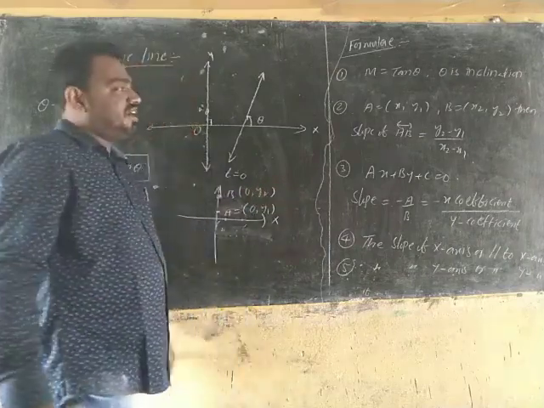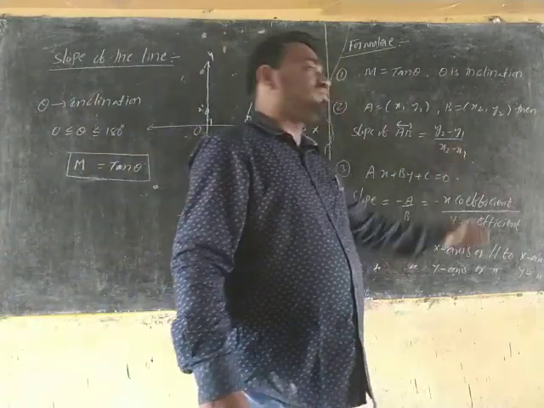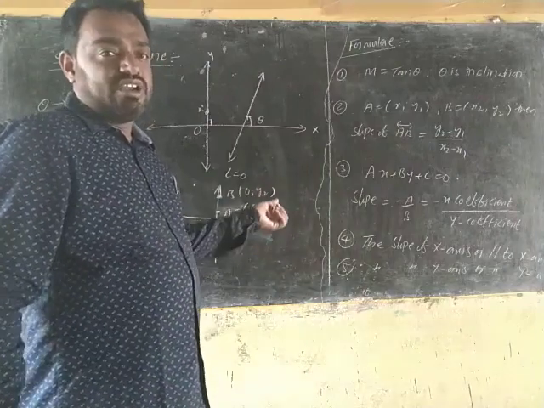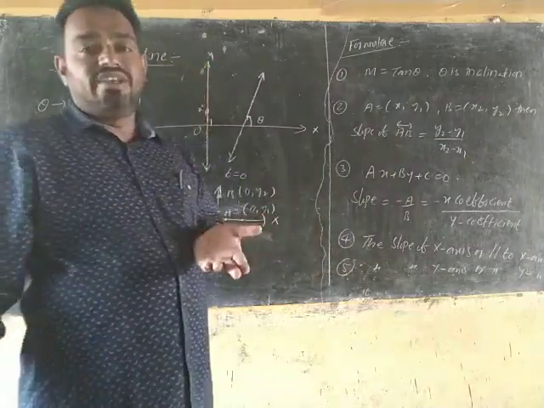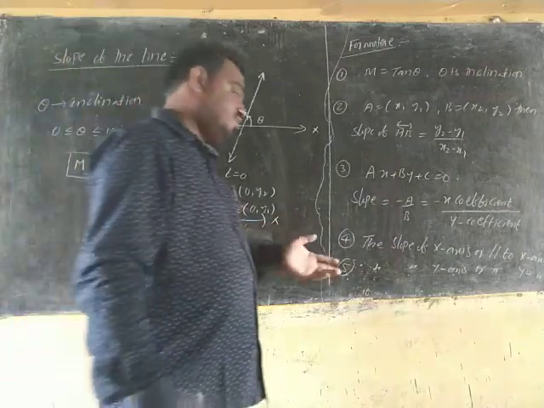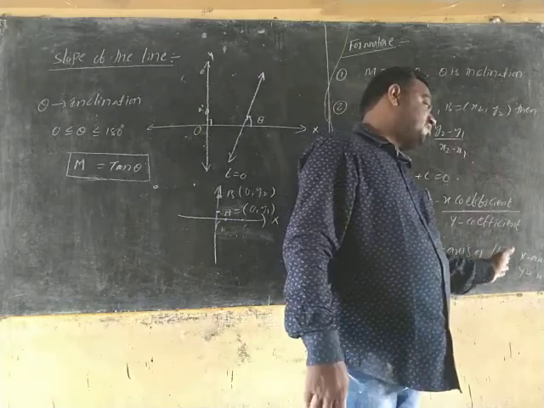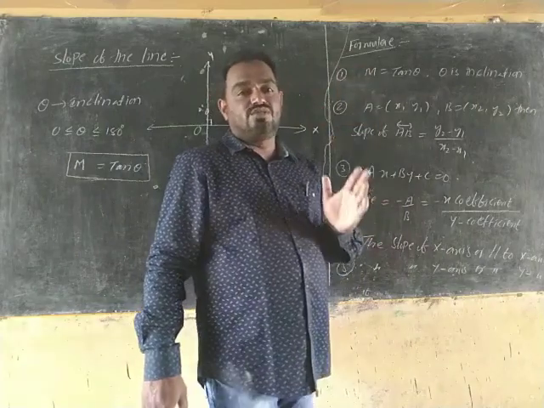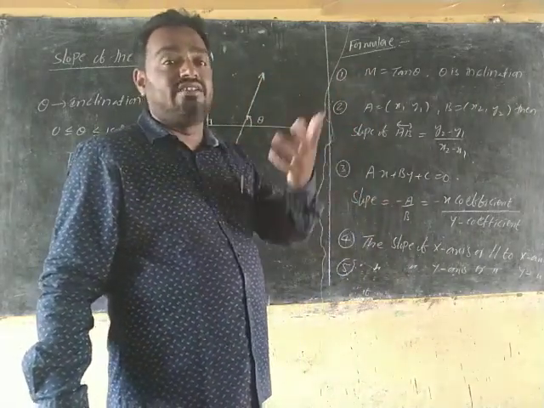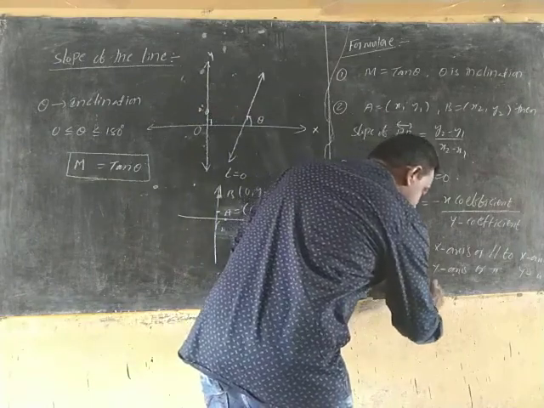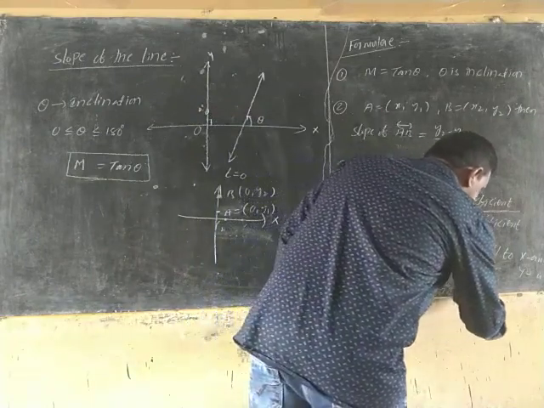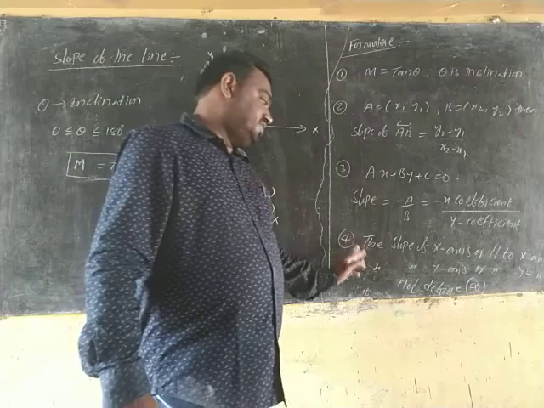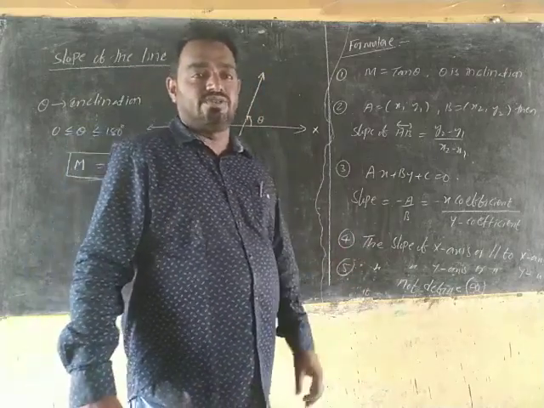Two points. How are we defining this slope? y2 minus y1 by x2 minus x1. So y2 minus y1 by 0 minus 0, which is 0. Something by 0 is infinite, not defined. So the slope of the y-axis, or of lines parallel to the y-axis, or of a vertical line, is not defined. Or how are we writing it? Infinite or not defined. You remember this one also.